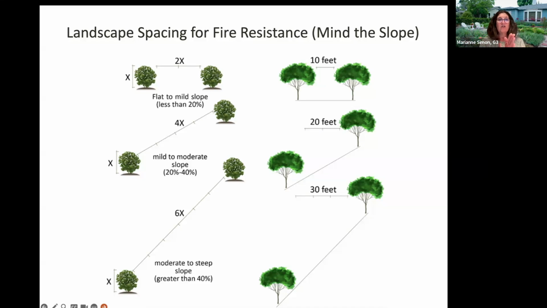However, when that slope changed to 20 to 40%, we were now going 20 feet apart. And then that last one, a very significant slope, greater than 40%, we were now planting 30 feet apart. Again, that is because of the way that fires move on a hillside. So take a look at your homes and ask, where are my slopes, where are my hillsides, are my plants separate enough to slow down the potential movement of that fire?